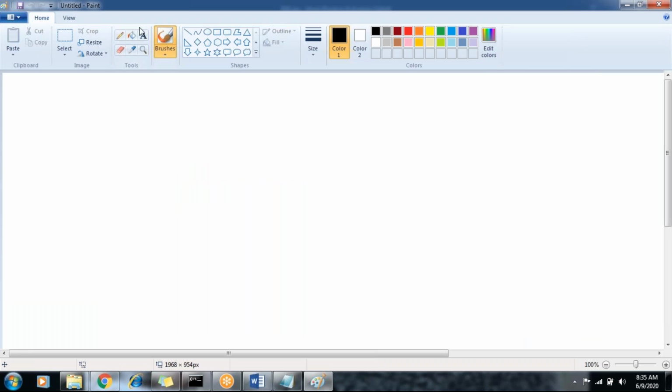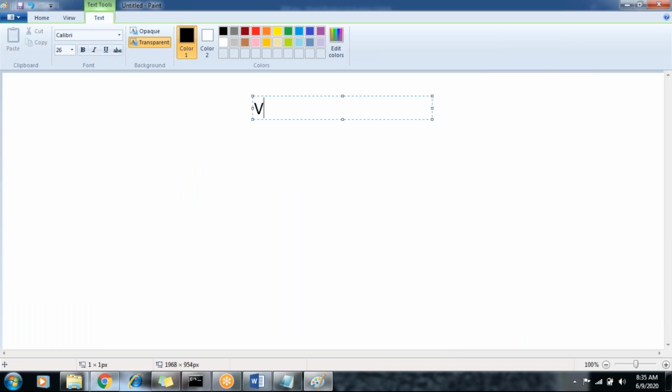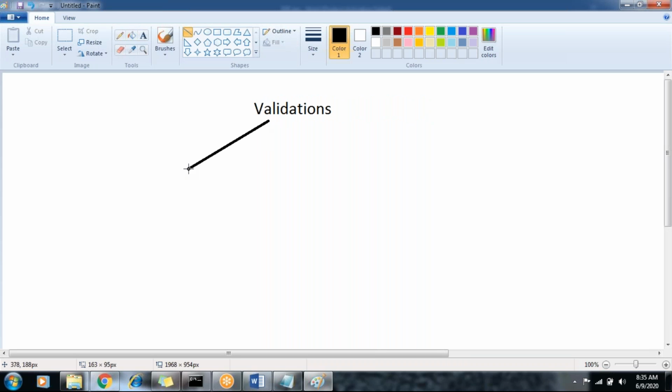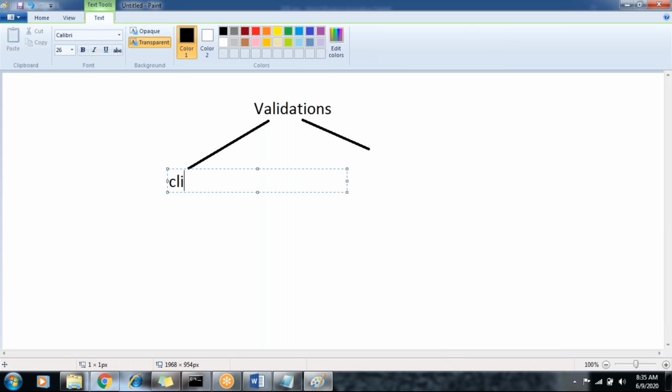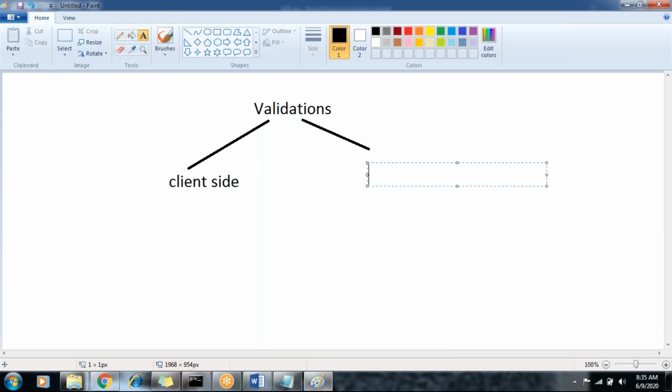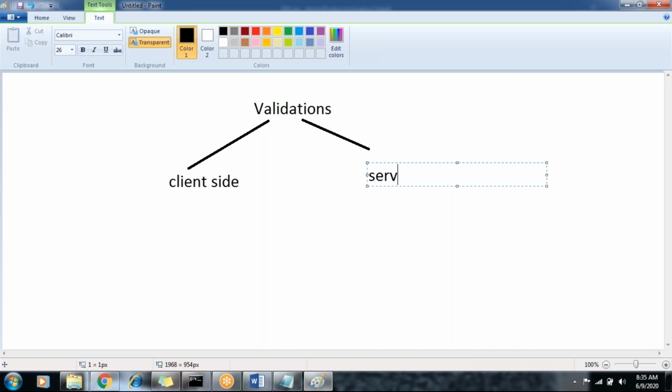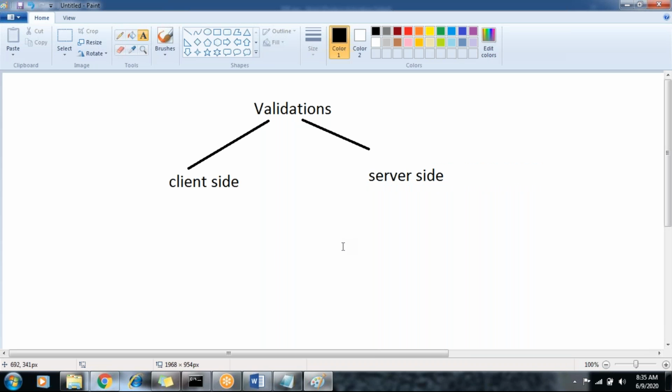There is a rule category, validations, and validations are of two types: client side and server side.